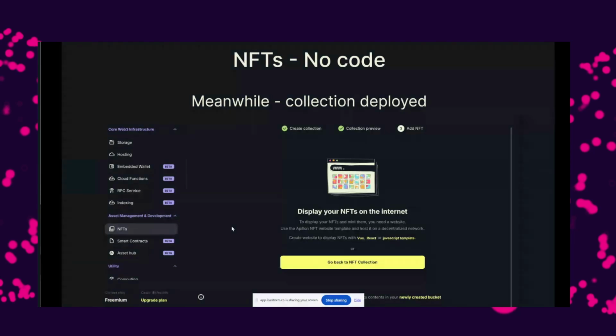All right, so here, this is the final step. The collection is deployed, smart contract is deployed, metadata is there. And because Polkadot is right now not connected to any really relevant NFT marketplace, the option we chose here is to offer you guys pre-made templates for NFT stores, whether in Vue, React, or vanilla JavaScript, that you can take and just configure the collection address, and you can immediately start minting. So basically, you take this template, put it into hosting, and it works out of the box.